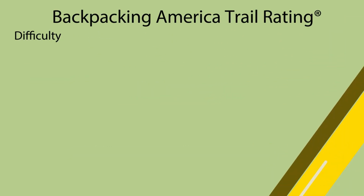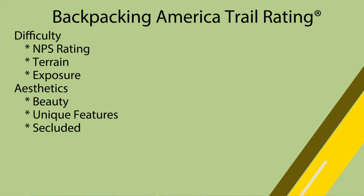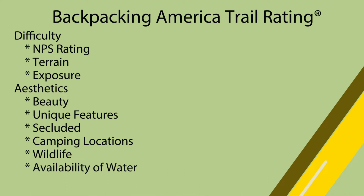3 of them are related to difficulty, and I use the NPS difficulty rating for distance and elevation, and then I also look at terrain and exposure. And then 7 of them are related to aesthetics. So how beautiful is the trail? Does it have unique features that other trails don't have? Is it secluded? Are there camping locations? And I don't necessarily need a campground or a specific campsite. Are there places that are flat and conducive to camping? How much wildlife there is, the availability of water, and then trail maintenance and marking are the final 3 in